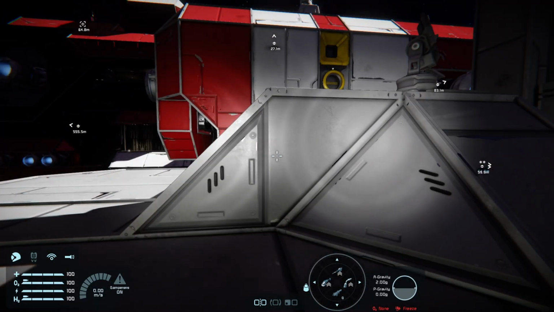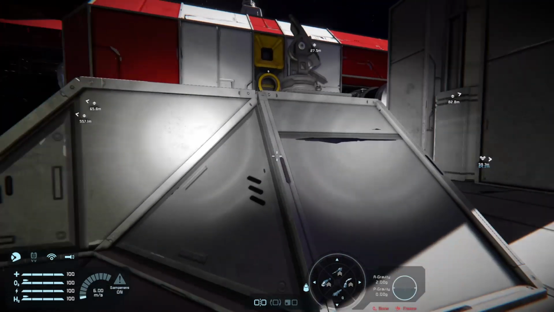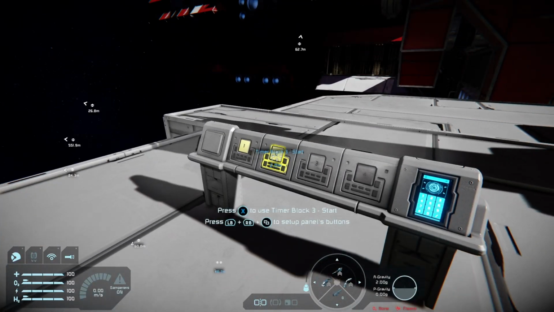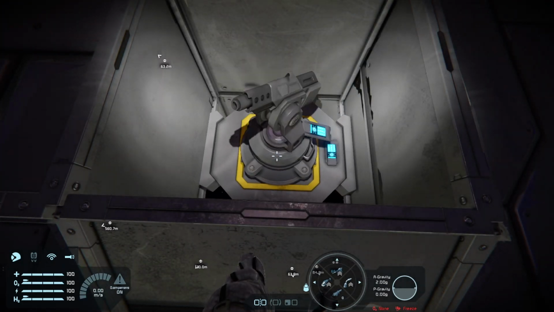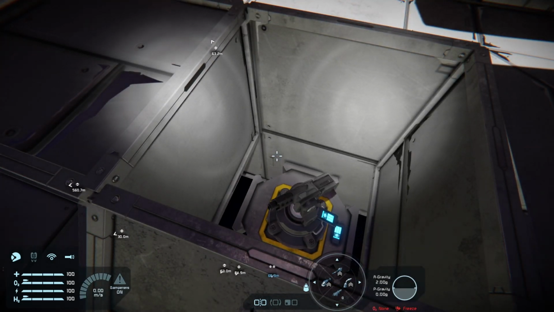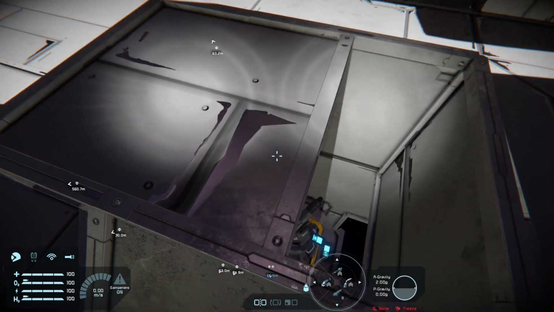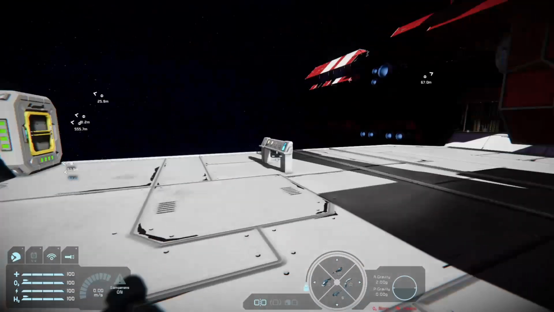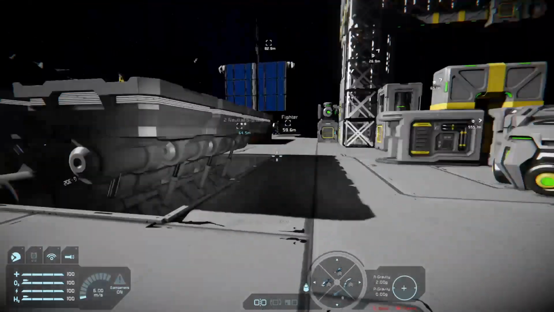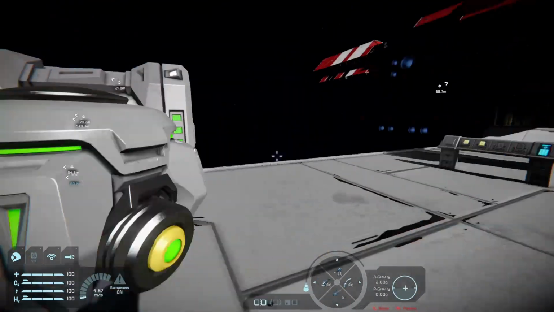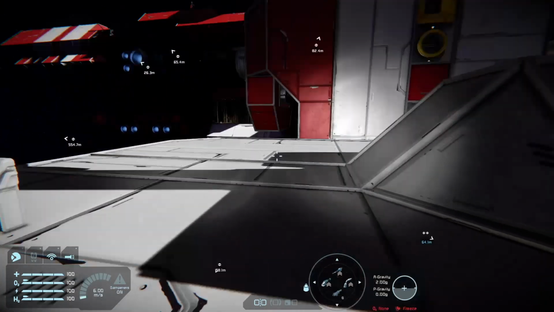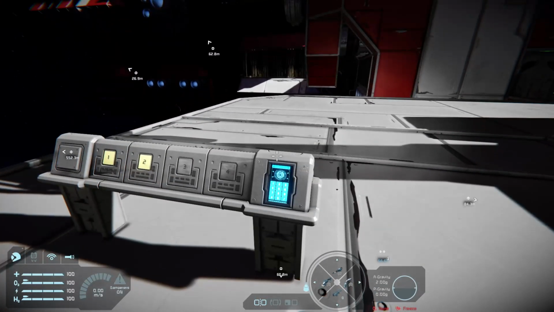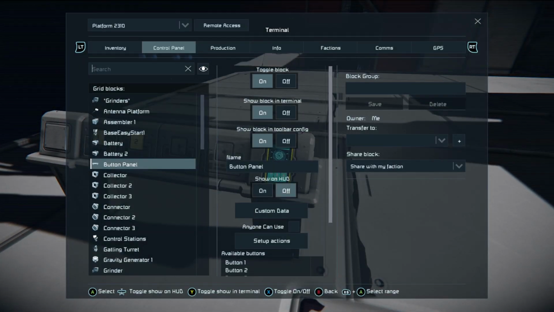But this part here, these two blocks, compared to the block that this gun turret's sitting on top of, or rather the piston head this gun turret is sitting on top of, are quite heavy. And even in a no gravity or low gravity situation, they can be a pain. But we've got a gravity generator, so we're running at 2 grav. So these blocks require a lot of power from the piston.